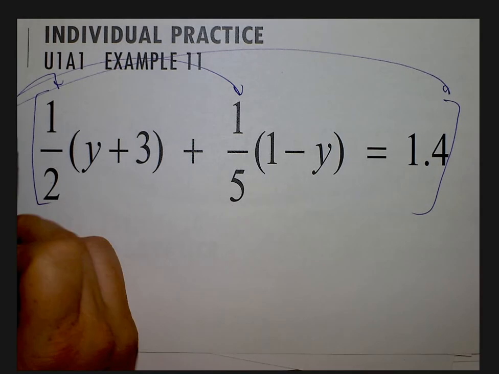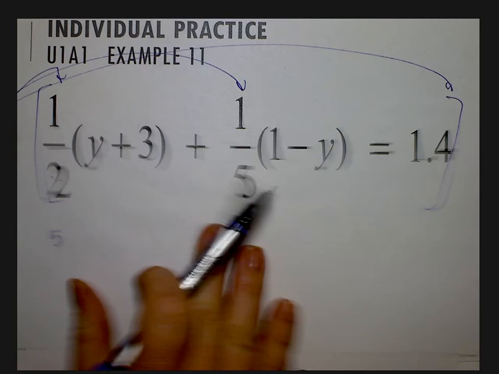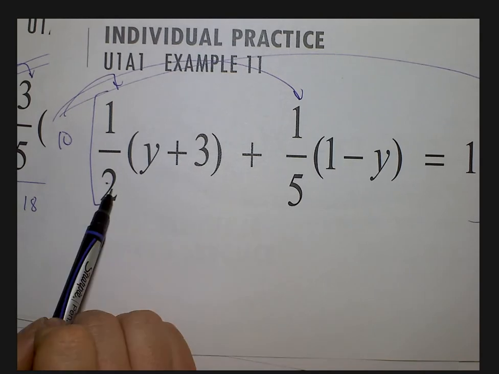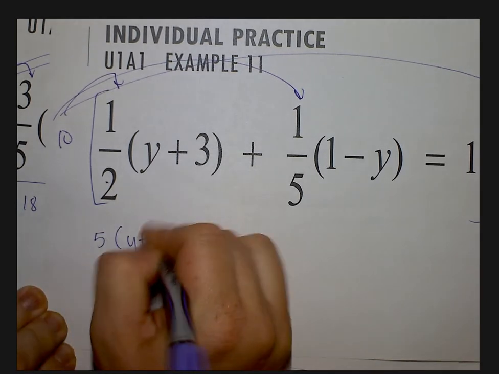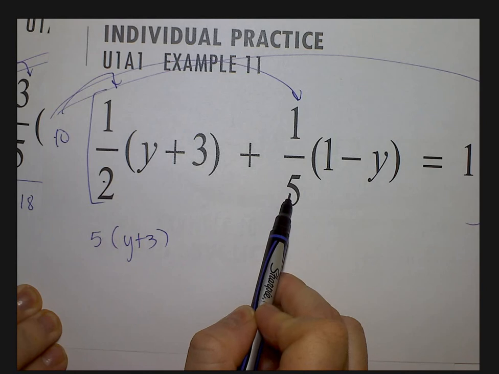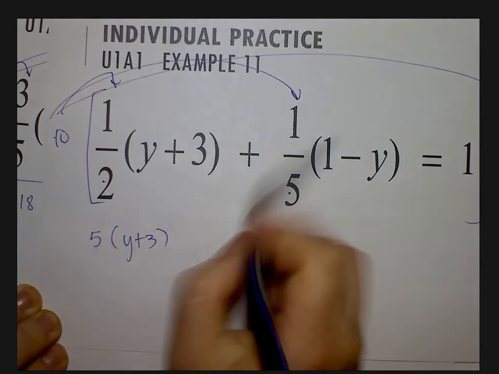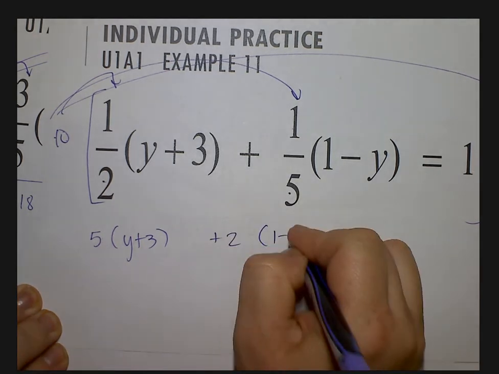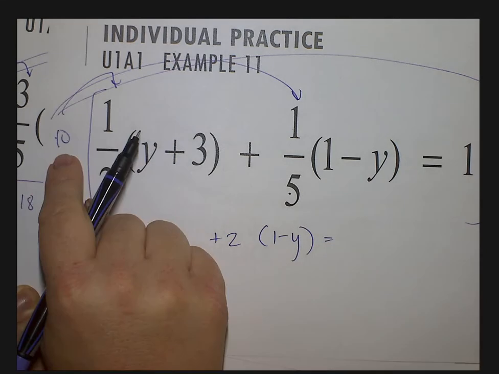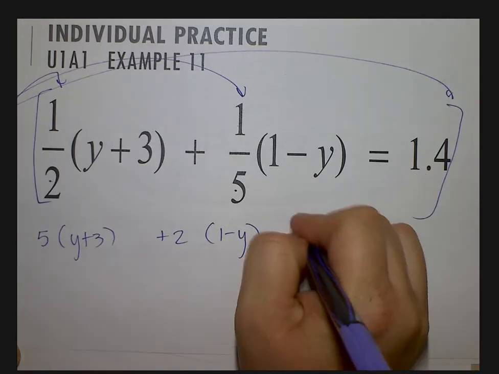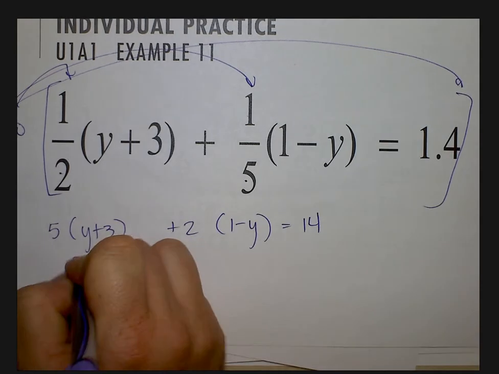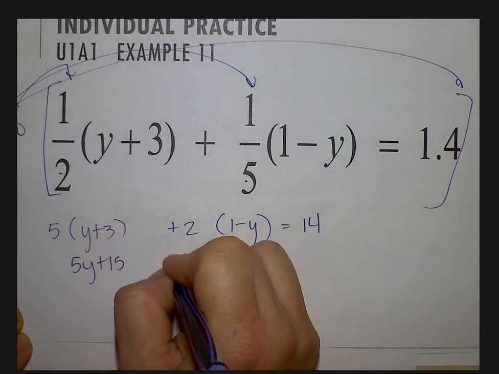10 divided by 2 is 5, and 5 times 1 is 5. 10 divided by 5 is 2, and 2 times 1 is 2. 10 times 1.4 is 14. Okay, I'm going to distribute